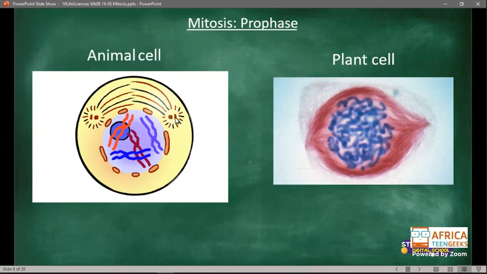So centrioles are moving to the poles, and they have spindle fibers. So these lines here are your spindle fibers, and this is the nucleus. Remember, the nuclear membrane is disintegrating, or it is disappearing. So as it disappears,